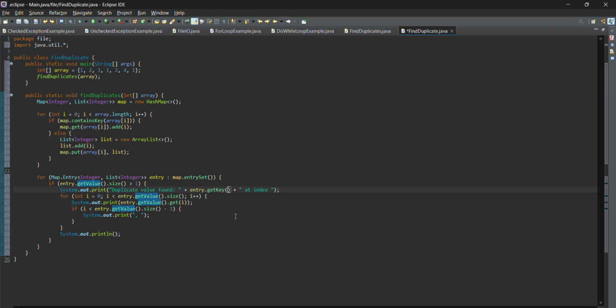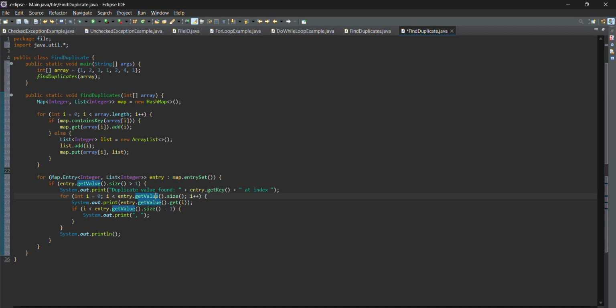So, the inner for loop iterates through the list of indices, entry.getValue. This adds a comma and space between the indices for better readability, except for the last index.